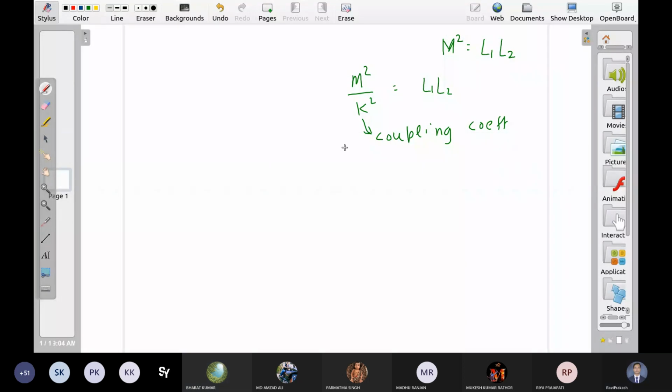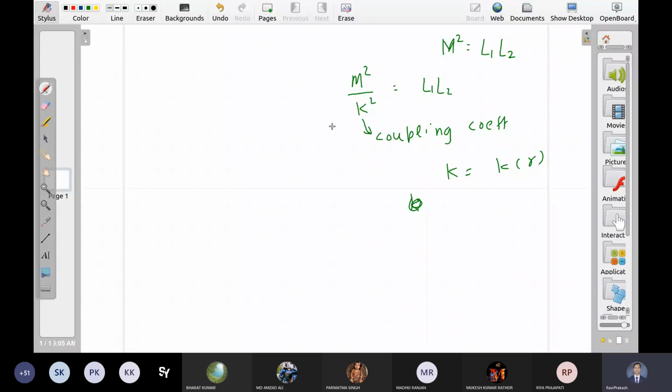I think it is a modified form of whatever we have discussed so far. Maybe, sir, k depends on distance, right? If distance increases, coupling decreases. So they have put this r factor inside k and somehow got this formula. I'm not aware of any such formula as of now. I'll see, and if I get something interesting, I will inform you. Okay, sir.